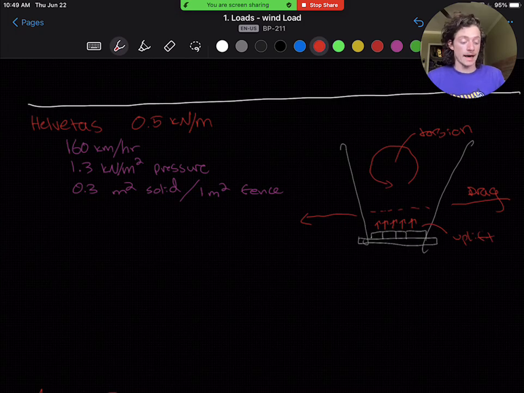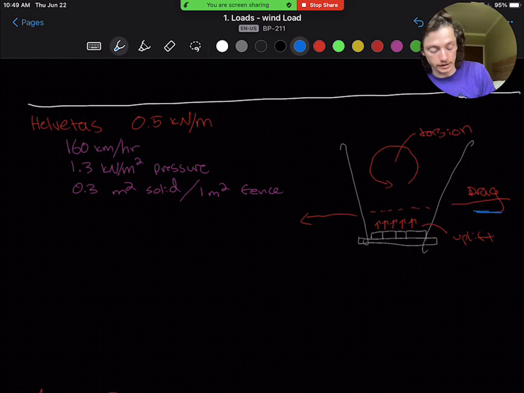And then these lateral drag forces transfer to the bridge abutment through the towers. So if we look at this in plan,